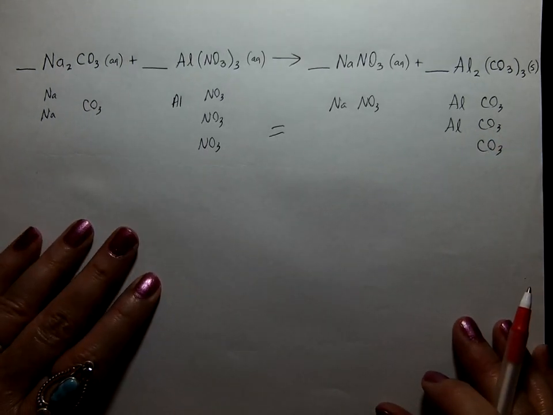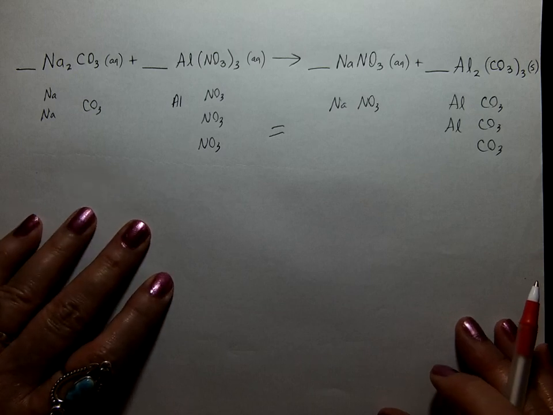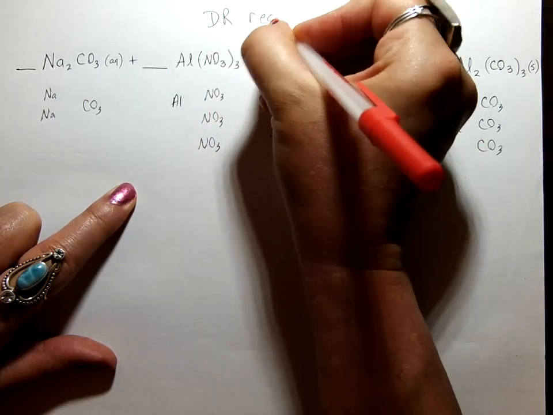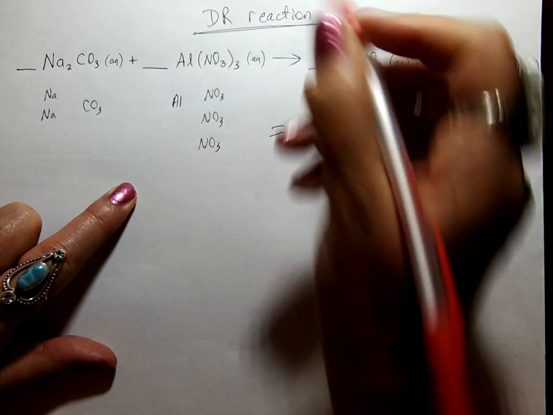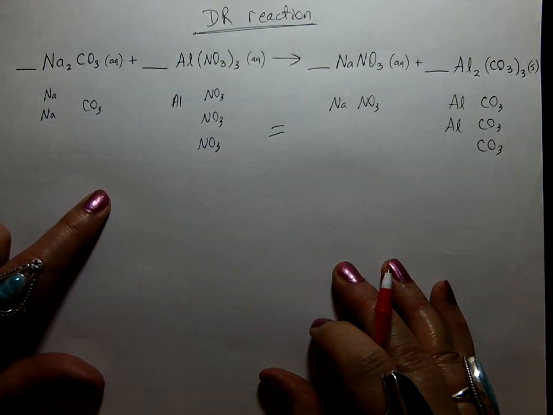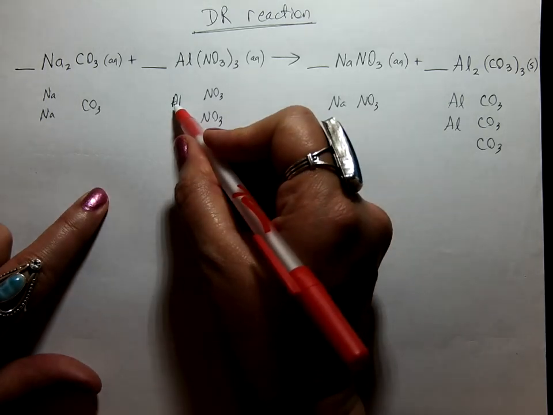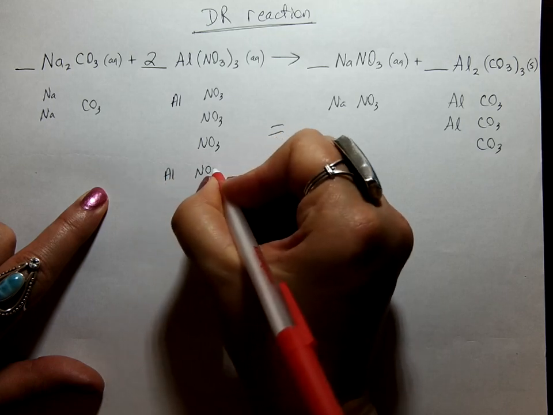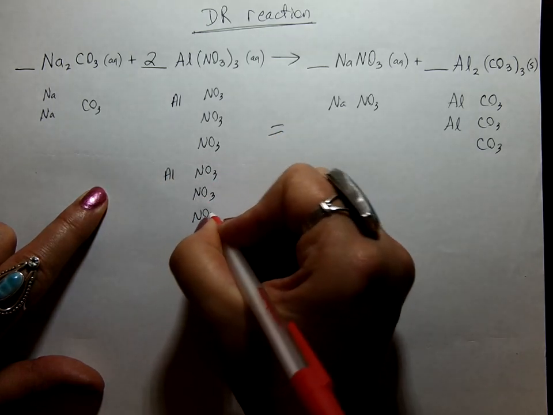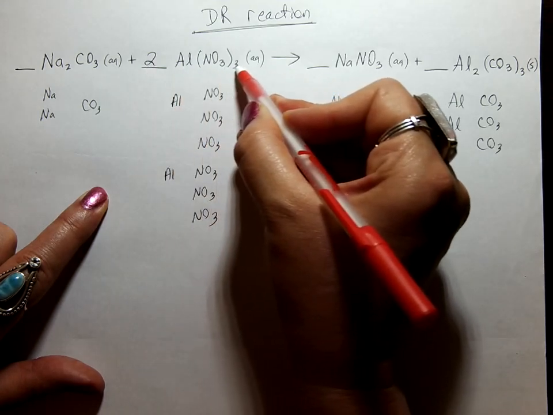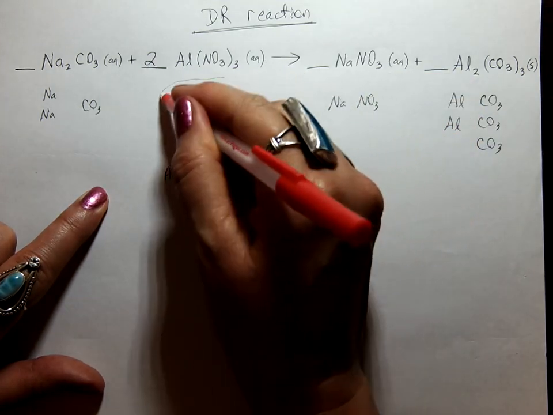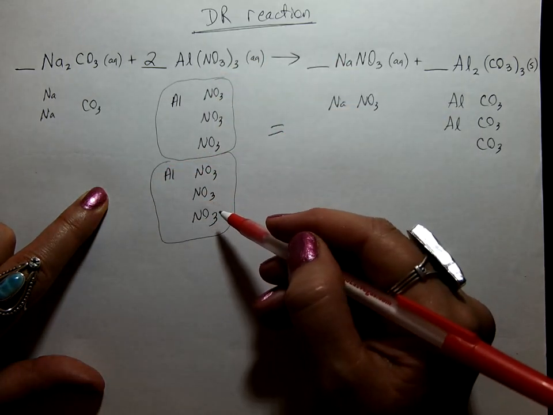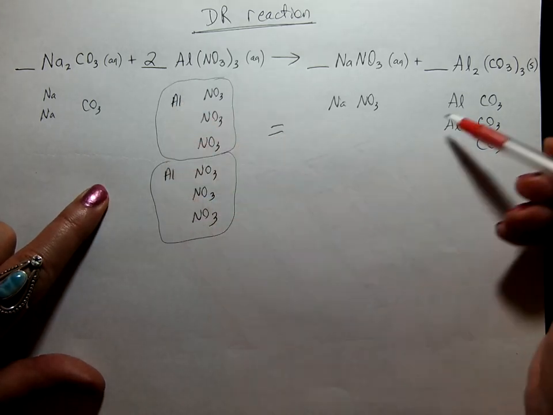Alright, nothing's really balanced. We can start wherever we want. There's no right or wrong with double replacement reactions. Let's start with the aluminum. Why not? Here I have 1, here I have 2, so I need to put a 2 in front. That gives me a second Al(NO3)3. The 2 goes to the whole thing. So this is 1 Al(NO3)3 and 2 Al(NO3)3s. Perfect. So I have 2 aluminums to go with 2 aluminums.